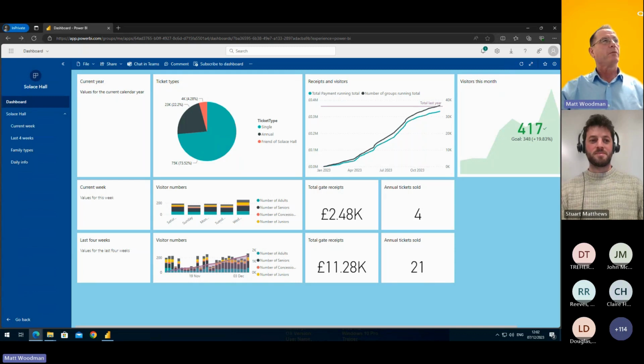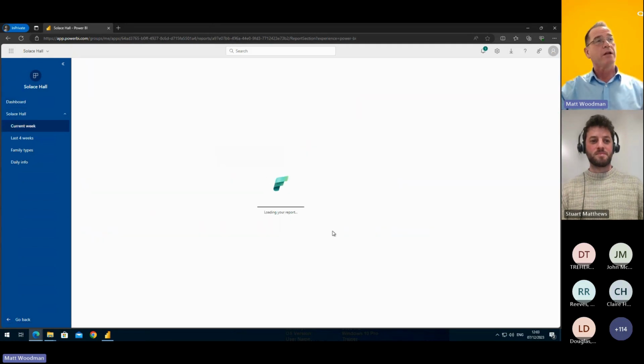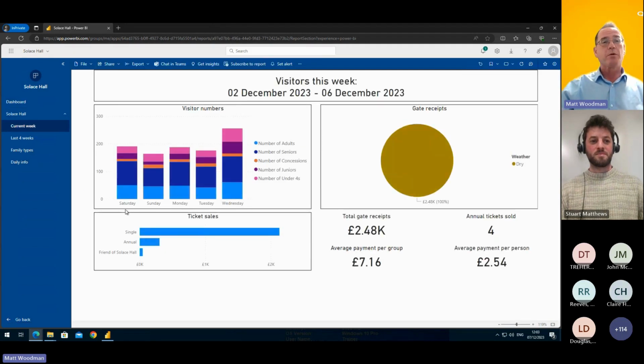When I'm looking at a report, I'm seeing this as it is. If I then go into the report and apply slices and go back to the dashboard, no, they won't take effect. The dashboard version of it: if I pinned this chart here, the visitor numbers chart, to a dashboard, that is done as the default